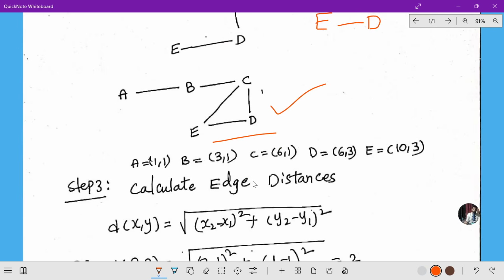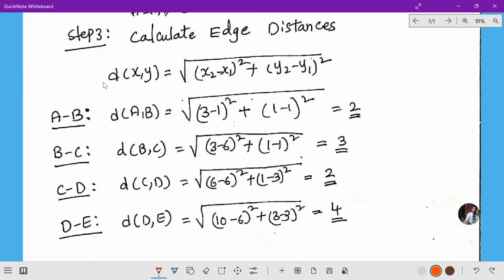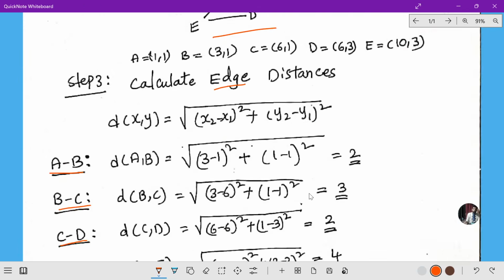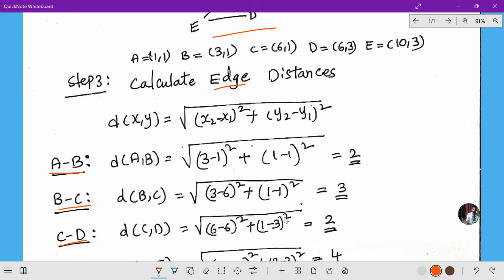Now you see in step 3, actually there are completely 6 steps. In step 3 we need to calculate the edge distance. So how to find the edge distance? Just take here the values of A to B, B to C, C to D and D to E. So these are called edge distance. So if we find the edge distance of this one, what is going to happen here? So the edge distance could be here